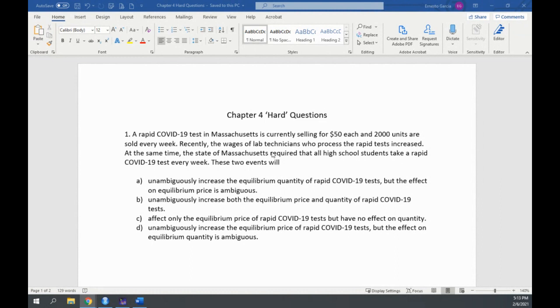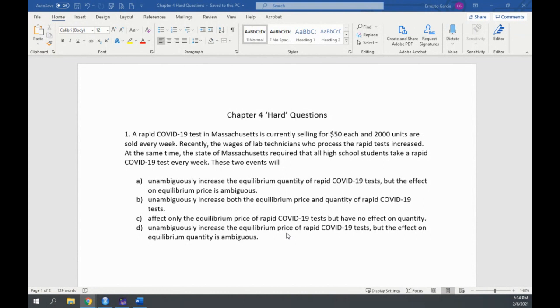So a rapid COVID-19 test in Massachusetts is currently selling for $50 each, and 2,000 units are sold every week. Recently, the wages of lab technicians who process the rapid tests increased. At the same time, the state of Massachusetts required that all high school students take a rapid COVID-19 test every week. These two events will, A, unambiguously increase the equilibrium quantity of rapid COVID-19 tests, but the effect on equilibrium